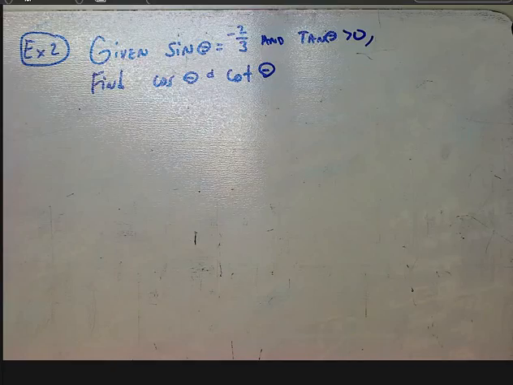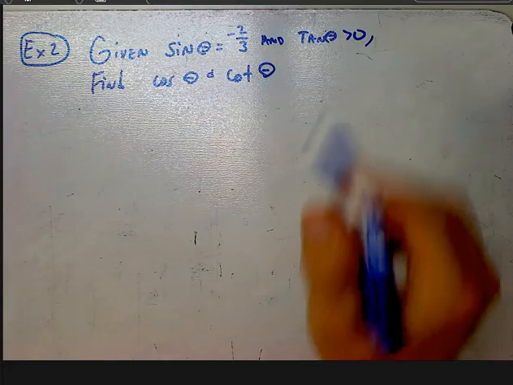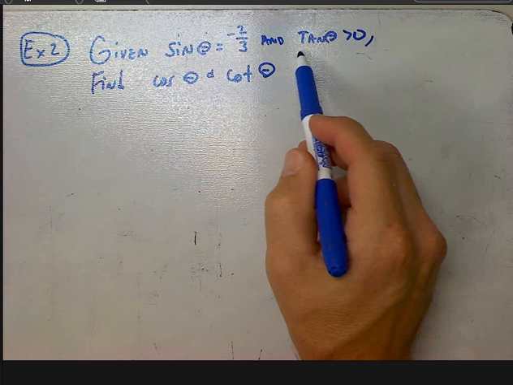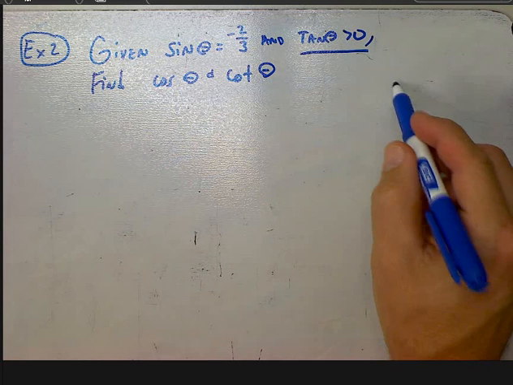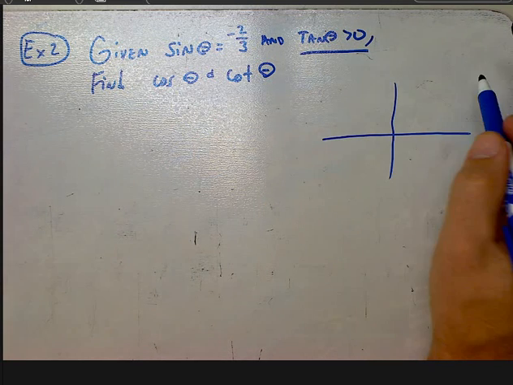In example 2, we're given that the sine is negative 2/3 and the tangent is greater than 0, and it wants us to find the cosine and the cotangent. Well, the first thing we need to look at is when it says that the tangent is greater than 0, we need to know that the tangent is positive